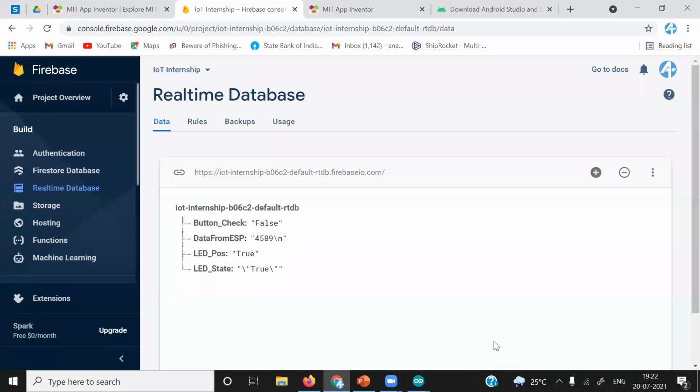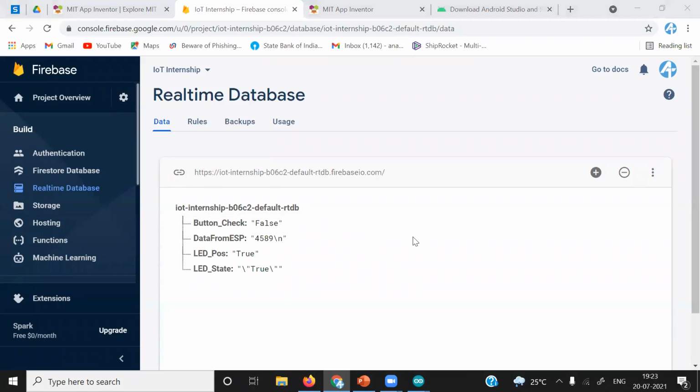Is there a limit to using Firebase in different applications? No, you can use it. You can integrate this database or project with the Android Studio application you have built. You can connect with MIT App Inventor. You can create multiple apps using MIT App Inventor and put the same URL and the same database secret also. No problem, you can access it.